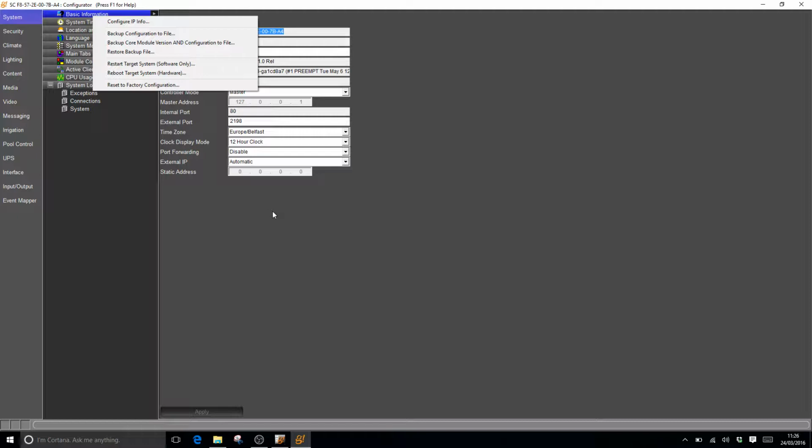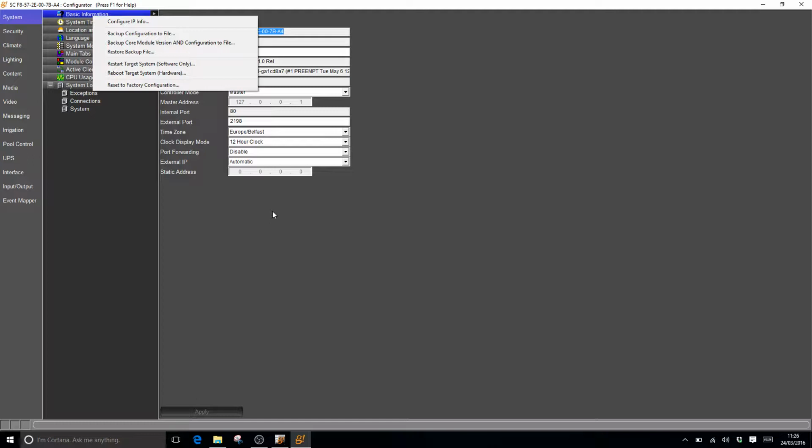The backup core module and configuration backs up the LAN operating system as well as your configuration of it. What that enables you to do is to downgrade the controller's firmware at a later date. So if you've done a firmware update and something didn't behave correctly, there was a fault in the driver, or you didn't like the changes that it made, you can reuse that backup to restore back to the earlier version